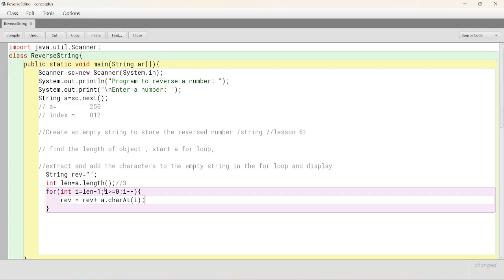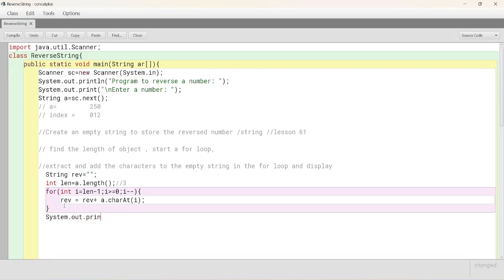What is i? len minus 1. So the character at 2 is 0. Then i minus minus: the character at 1 is 5. The character at index 0 is 2. Every time we are adding. Outside the for loop, we print